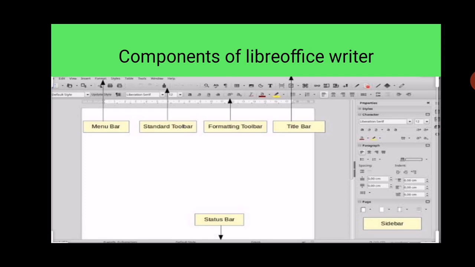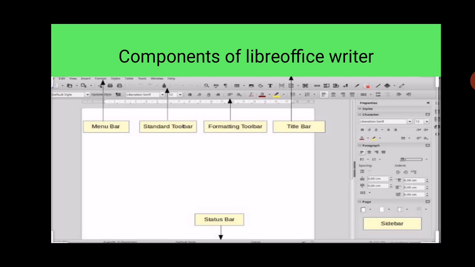On the title bar, at the top left side, you can see the icon and the file name. If it is saved, you can see the name. If it is not saved, it shows Document, followed by a number representing the document, which can be 1, 2, 3, any number. On the right side you can see the window management buttons: close, maximize and minimize.